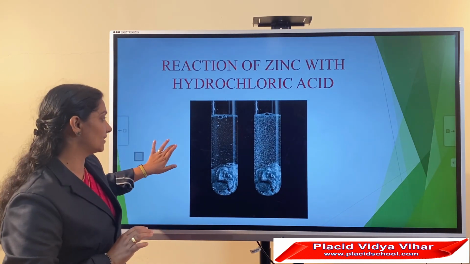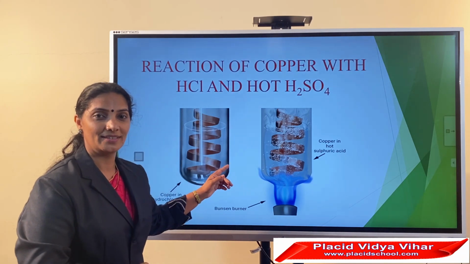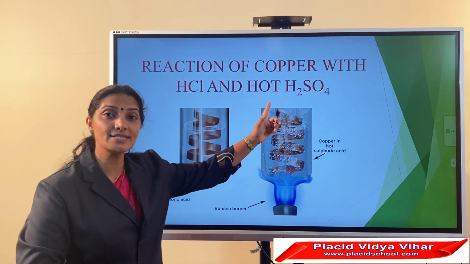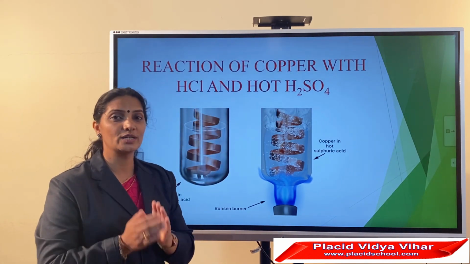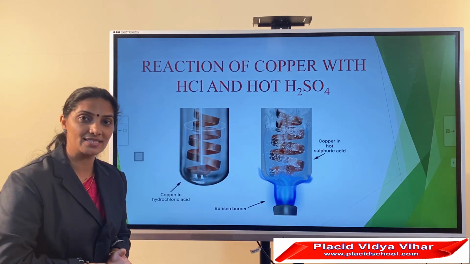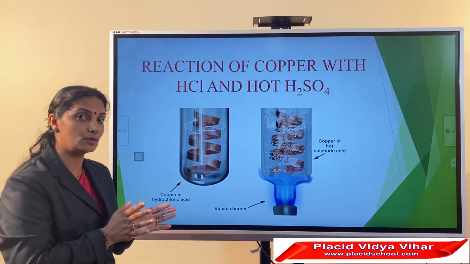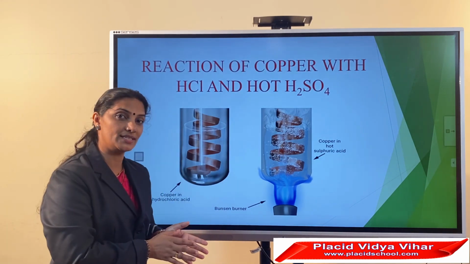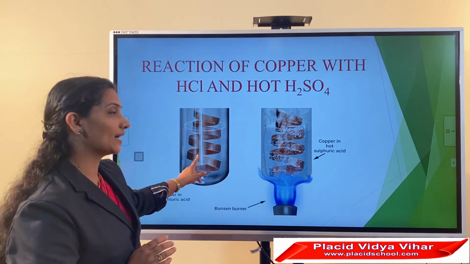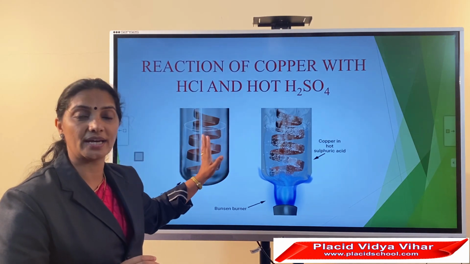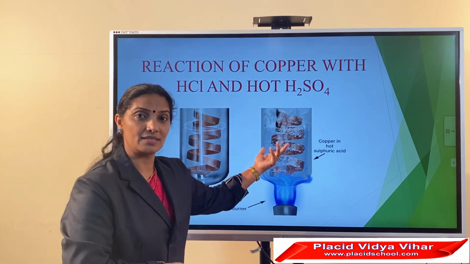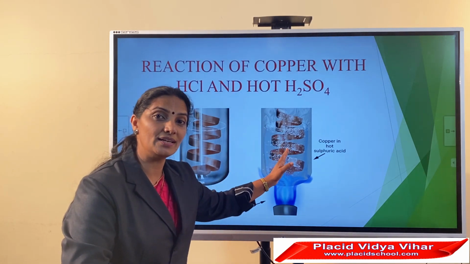See another diagram. What is given here? Here we have copper metal, hydrochloric acid and sulfuric acid. What is observed in the first figure? Can you see any bubbles? No. If there are no bubbles and no color change, we can say there is no chemical reaction. That means copper has no reaction with dilute hydrochloric acid. See the second figure? There are bubbles. That means there is a chemical reaction.